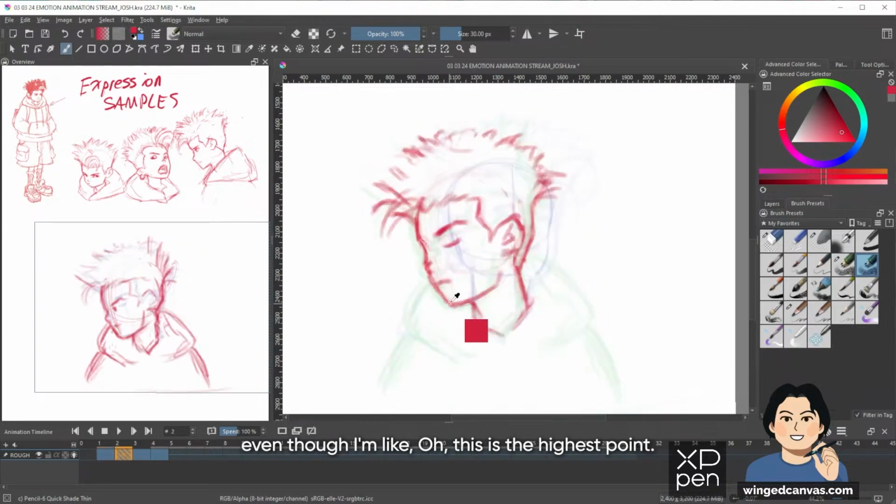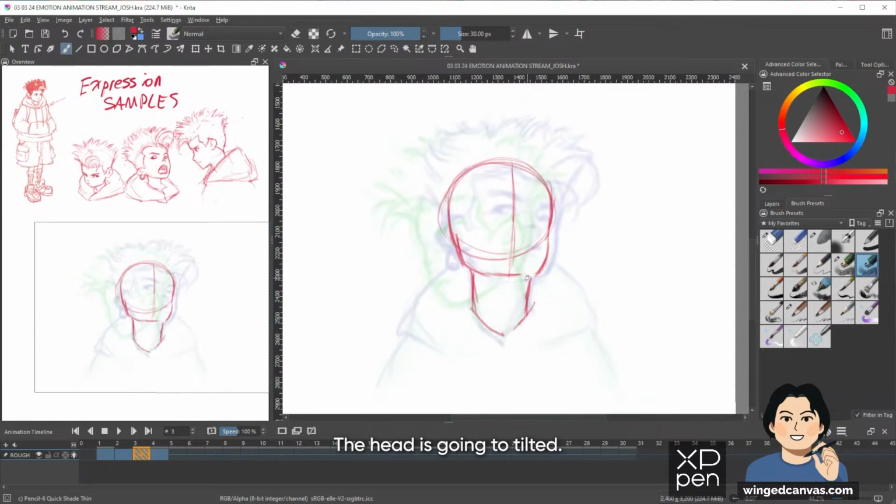This is the chin, and this is the chin position for the last frame. Unless you're doing something really cartoony, it's not going to be that big of a change. So again, I'm following the trajectory of the eye position. That's going to be a big help.